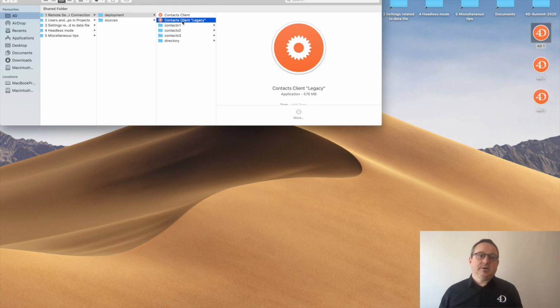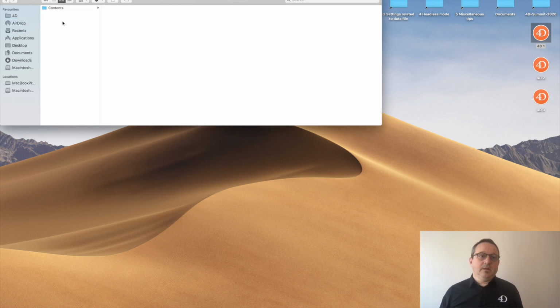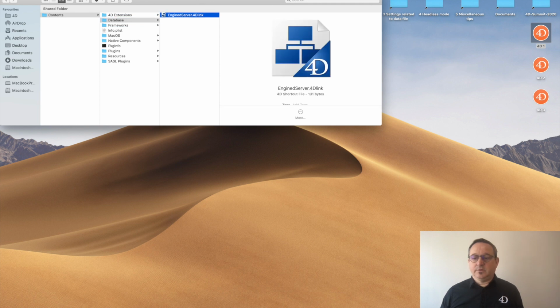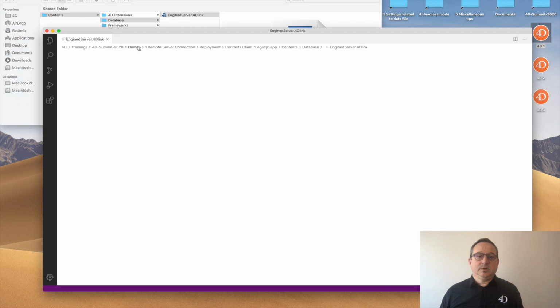The legacy contacts client application, when you look in the database folder, you have the engine server for the link, and if you open it, you will see that it will connect to a contact database on a server which is published on this port, and it's checking all IPs.